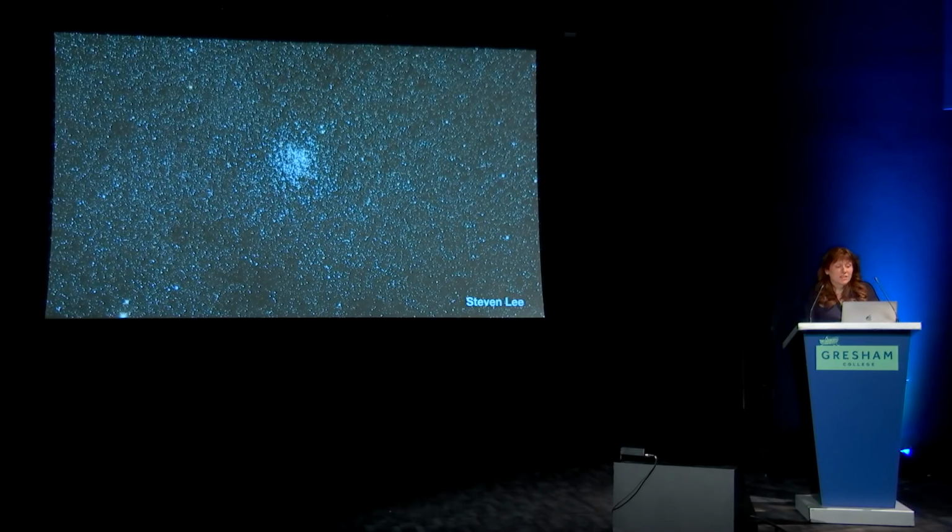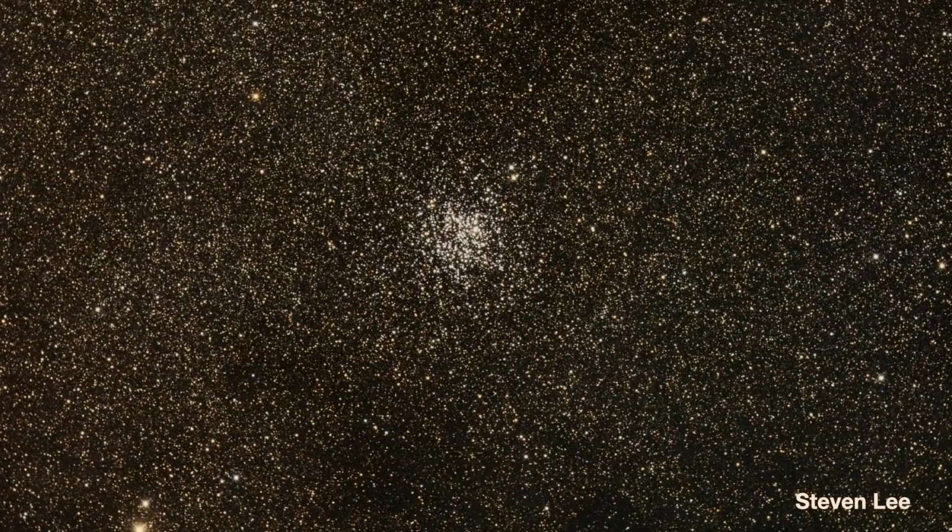This is a rather more weedy version. In fact, this one isn't really a globular cluster, although it's quite compact, as clusters of stars can go. This one actually counts as an open cluster. There are fewer than 1,000 stars in this particular open cluster. And an open cluster is much more sparsely populated.